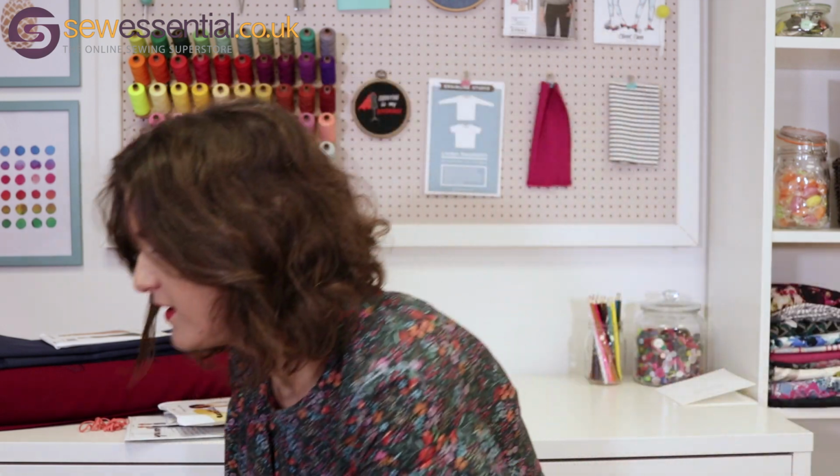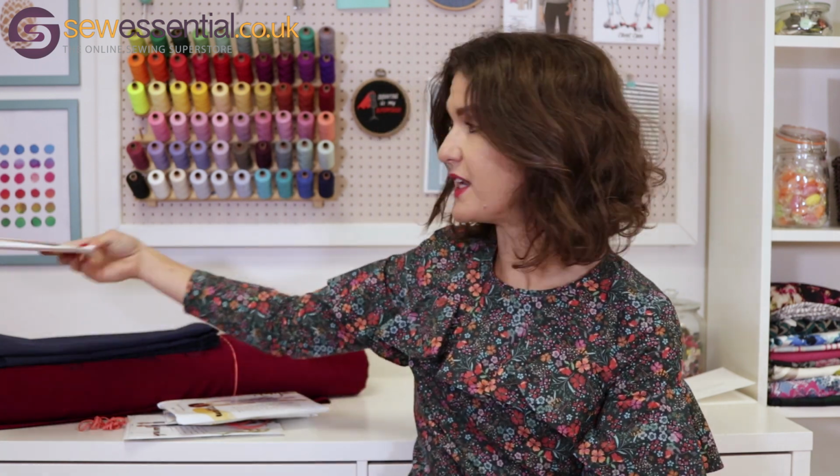So that's that one, and then that's all the Megan Nielsen patterns that have been released recently, but we've also added a new Vogue pattern release to the site as well, and there's a couple of just beautiful party dresses that I felt I had to share with you. So the first one is